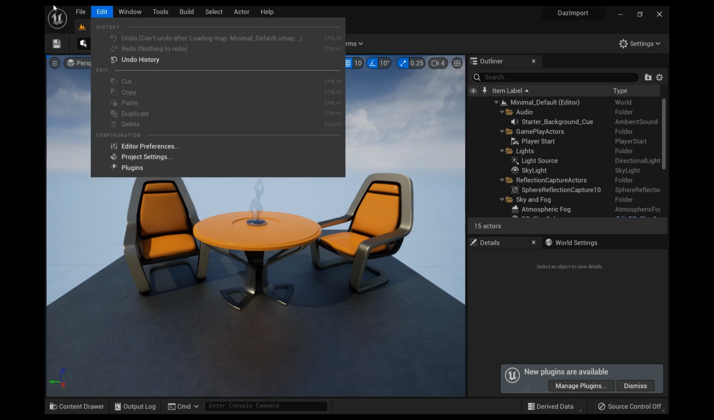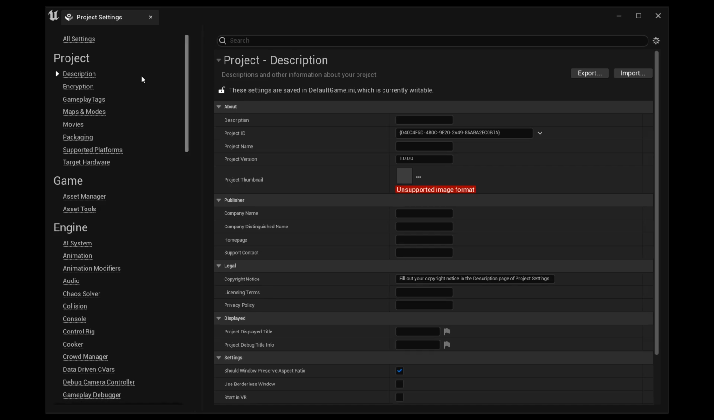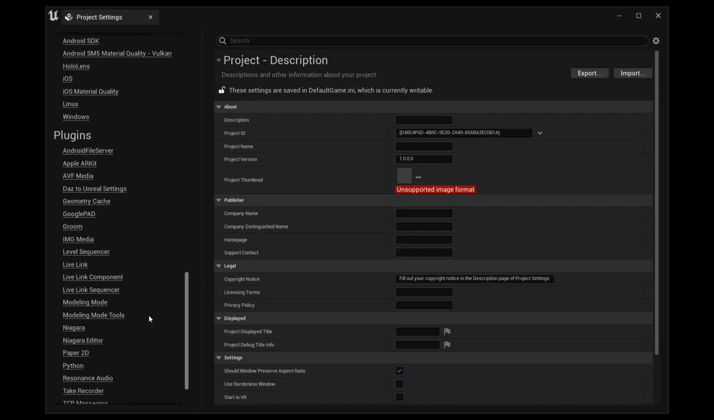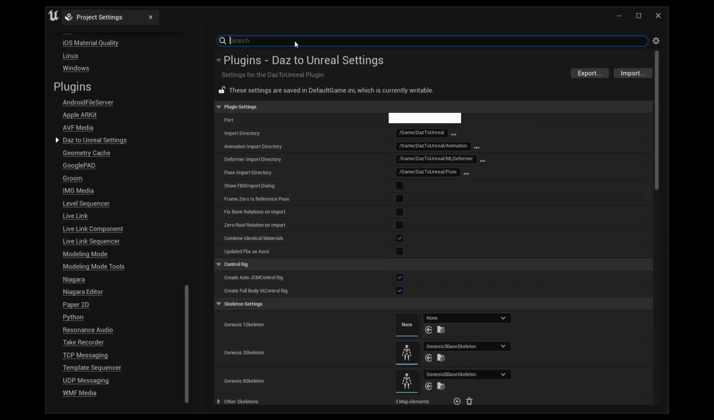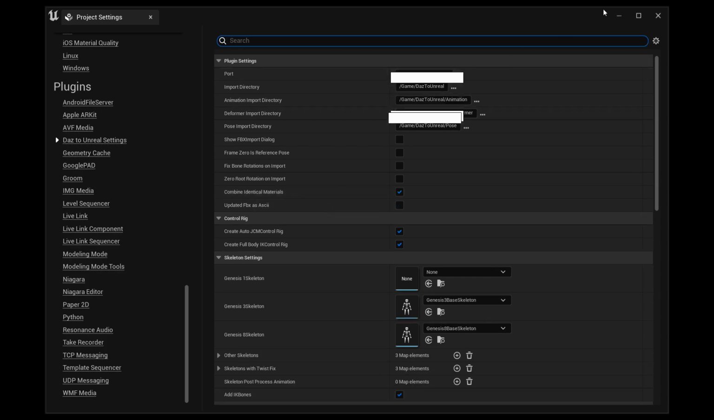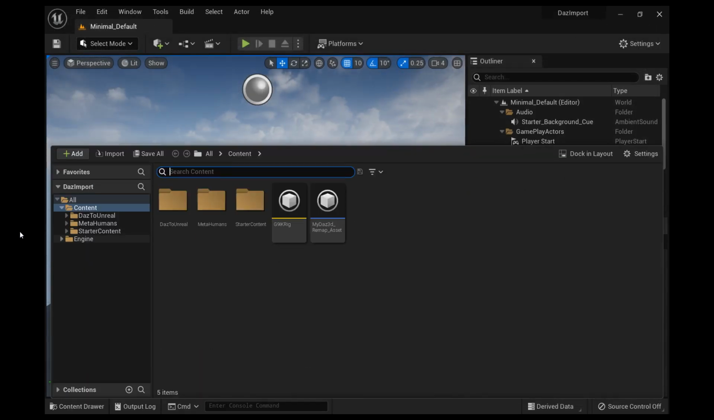Also inside Unreal, go to project settings, go all the way down to plugins, find DAZ to Unreal settings, and we want to uncheck frame 0 as reference pose, fixed bone rotations on import, and 0 root rotation on import. That's just for retargeting to the Unreal mannequins. I find that it's easier just to do it that way, especially in 5.4 now where they have the modular